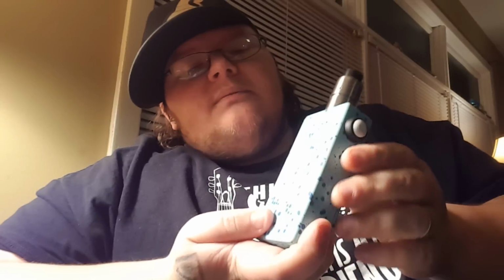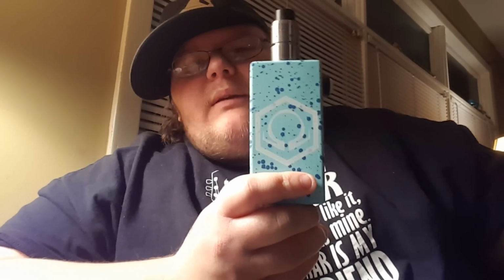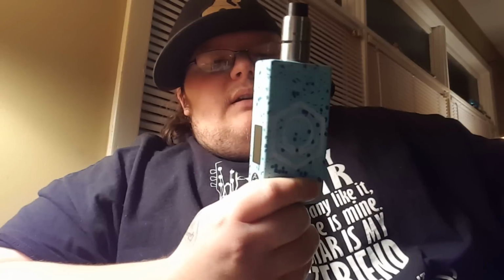I really wish, I don't know, it's weird. I wish it wasn't a Hexohm mod. I wish they just would have called it a series box with some kind of chip in it. I don't know what it is. It could be a Raptor chip. It could be several things. I think they call it like some kind of OKR chip or something. But the thing that gets me about it is the Hexohm symbol on it. If they would have took that off and just called it a straight up 150 watt series box, it would have been great, and it wouldn't have so much